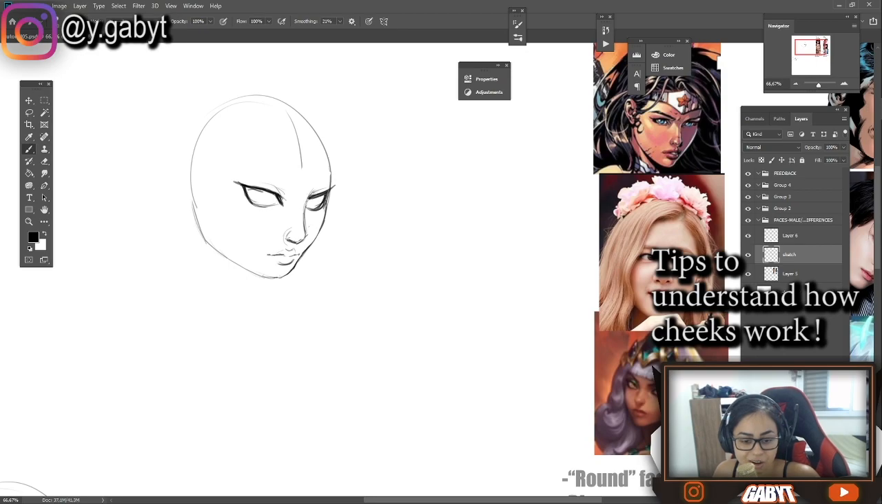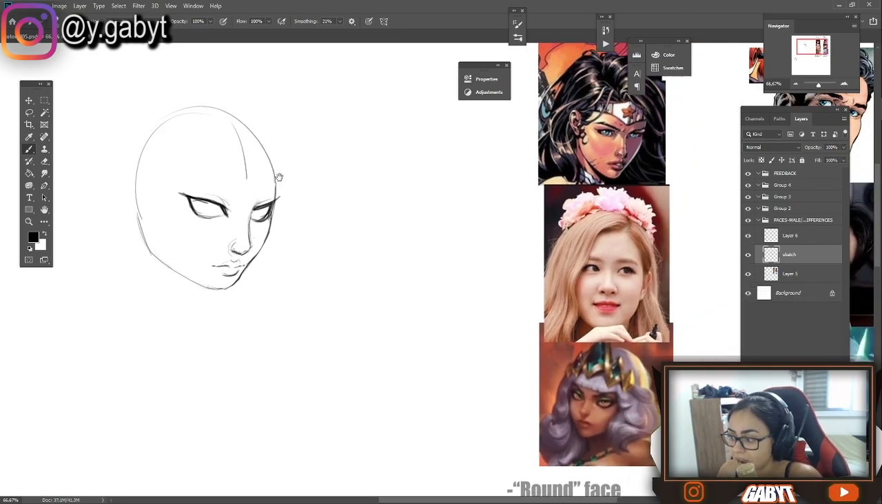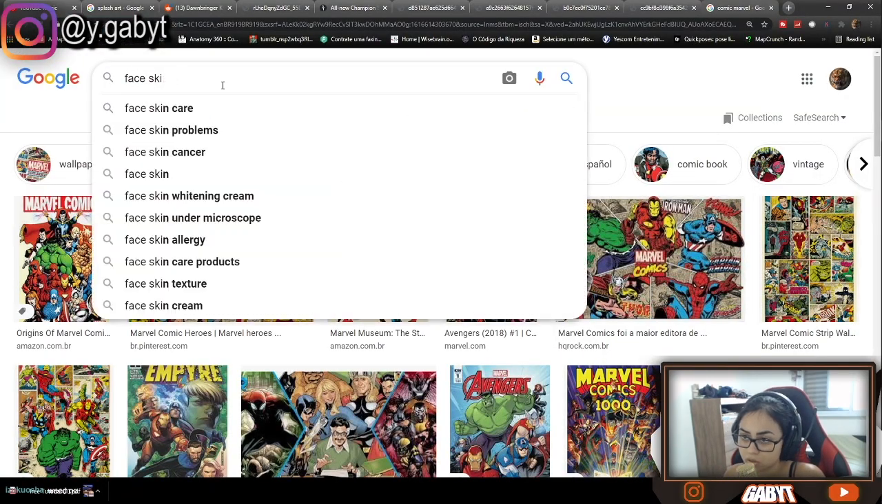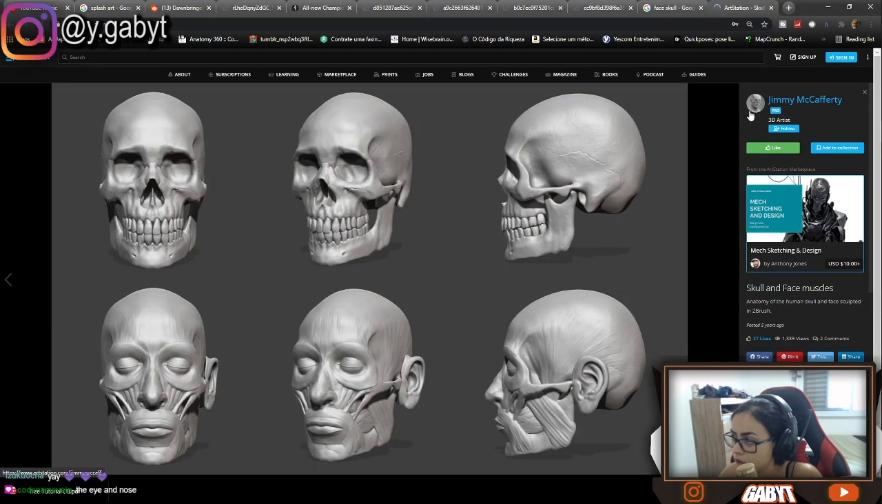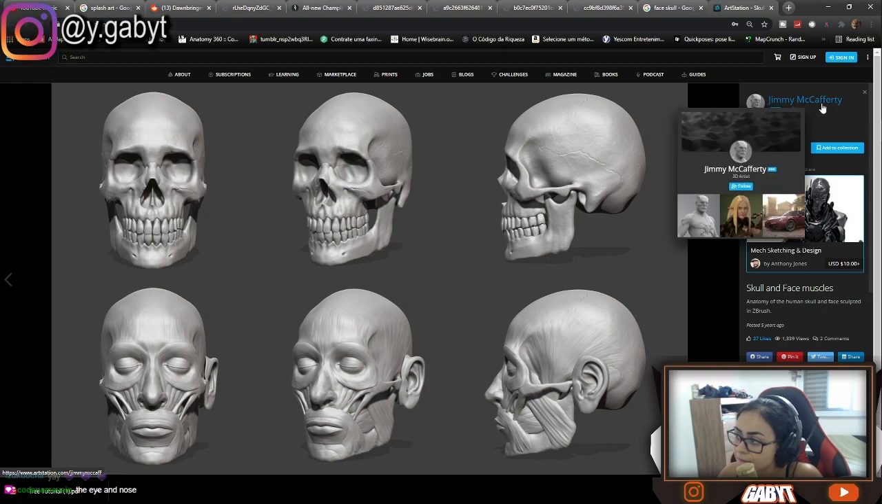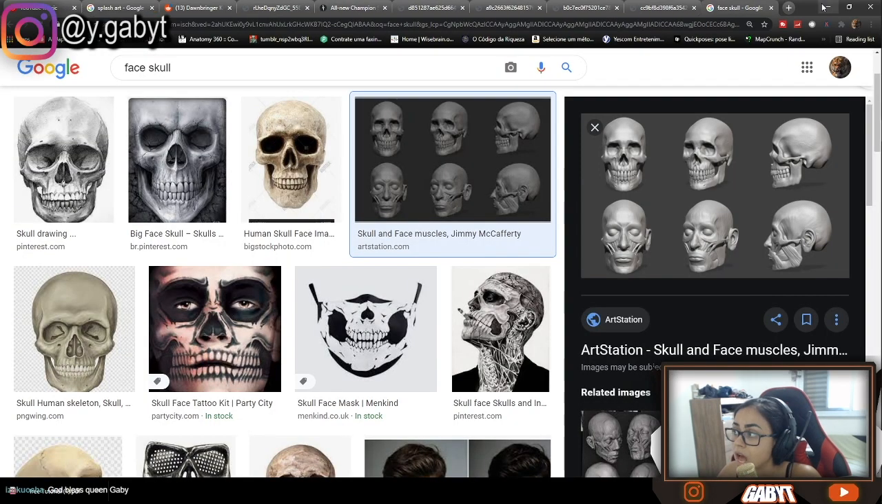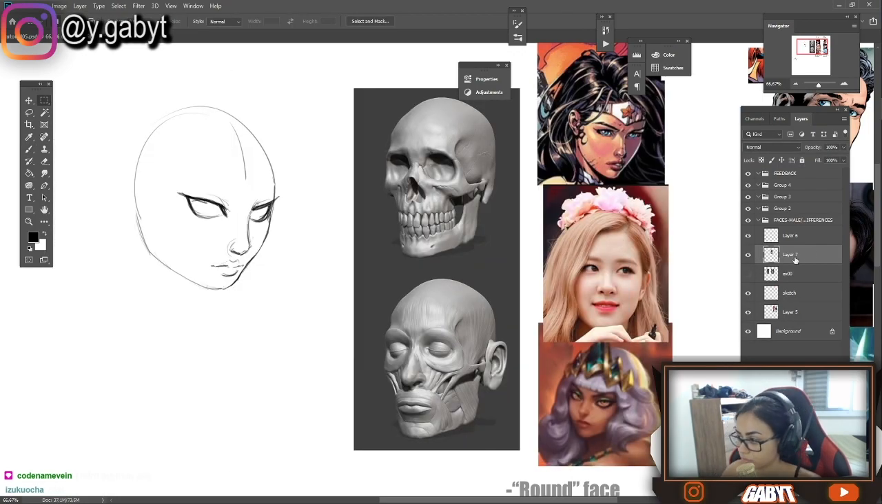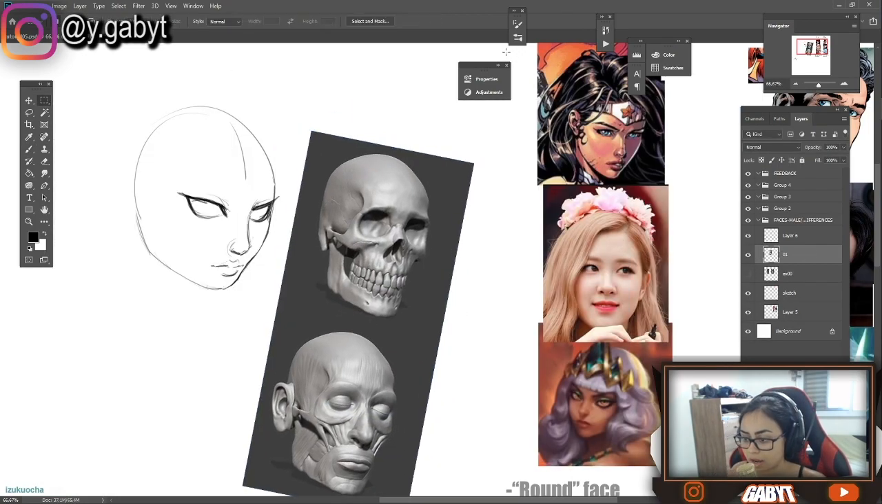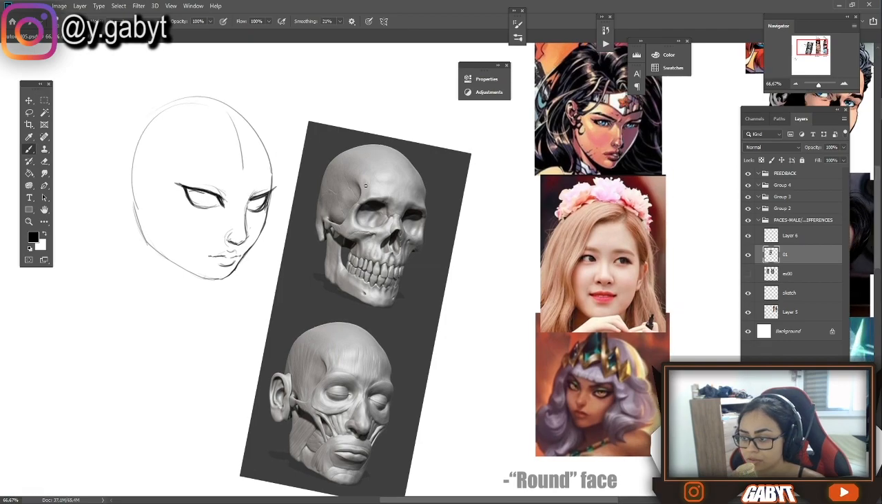I just can't understand how cheeks work in 3D. Gabs can show us. Yes, of course. Credits for this image to Jimmy McCafferty. I want to show you, first of all,